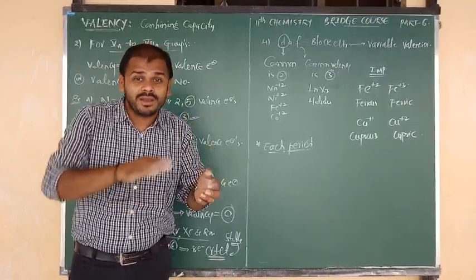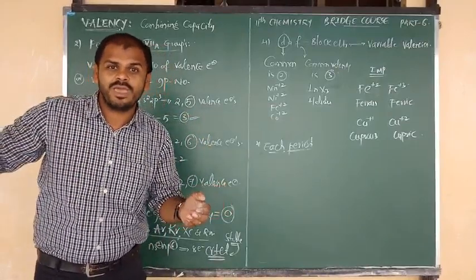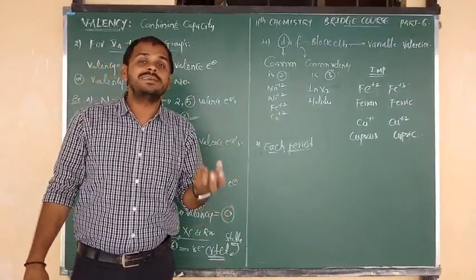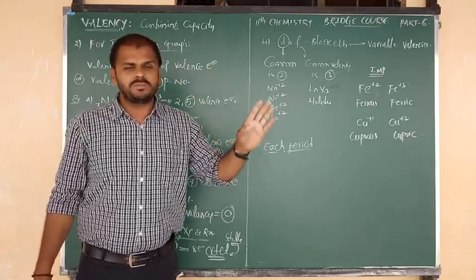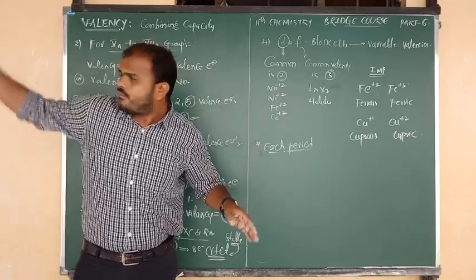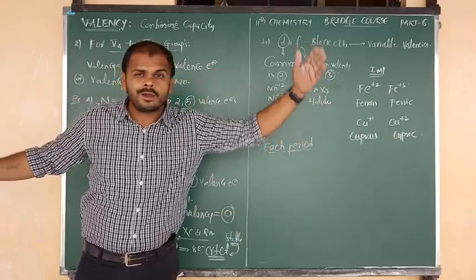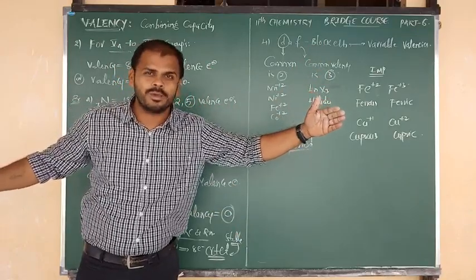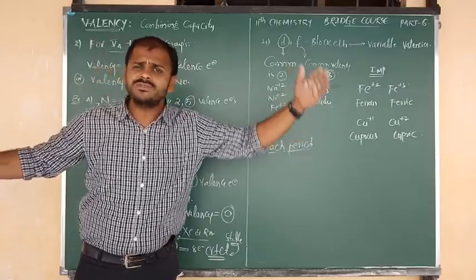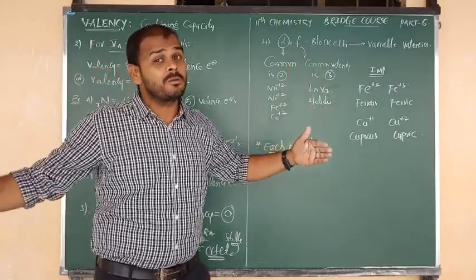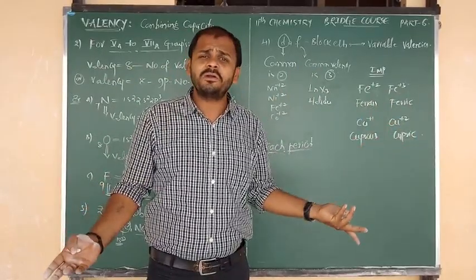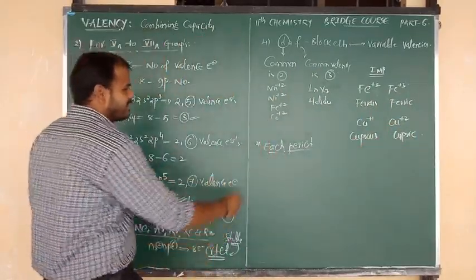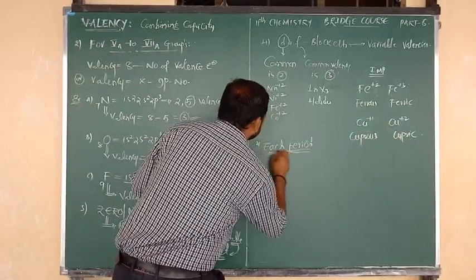Periods are nothing but horizontal rows. So total number of periods in the modern periodic table, 7 periods are there. And each period, whatever it may be, first group is 1A group and last group is 0 group. Starts with 1A group means valence is 1. Ends with 0 group, valence is 0. Means we have to say that each period